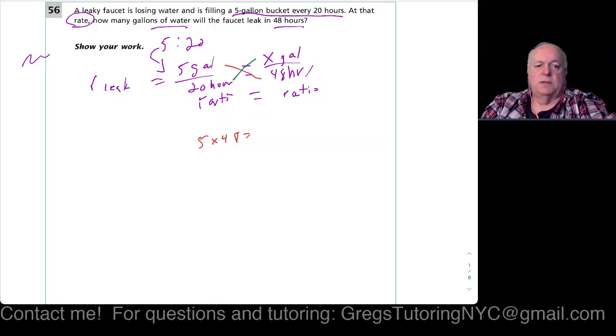Equals 20x. Okay? So what we need to do is multiply 48 times 5. You're best off not doing this in your head. It's easy enough to do in your head, but if this is actually for a test, I would advise writing it out. Okay? 5 times 8 is 40. 0, carry the 4. 5 times 4 is 20, plus the 4 is 240. So I get 240